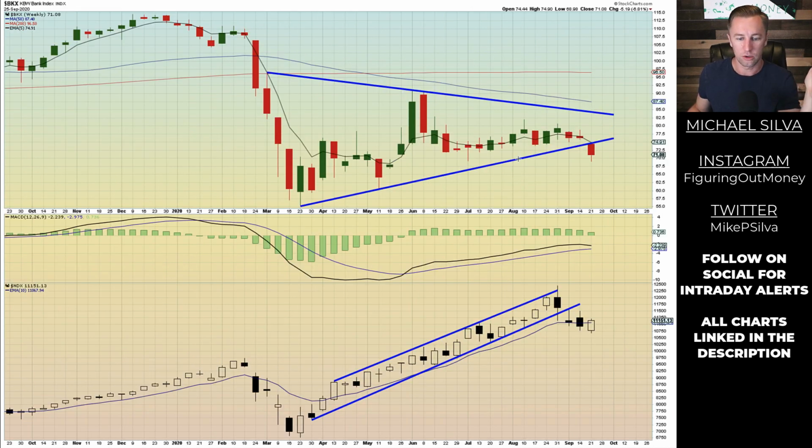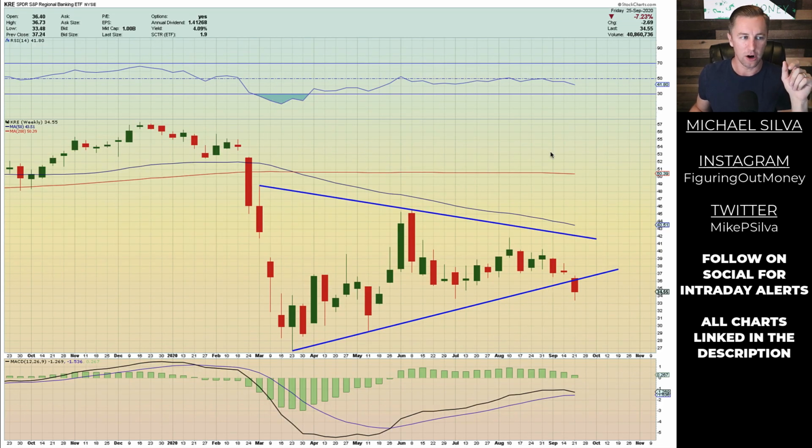Last, I just want to close on the banking index. This is, once again, the BKX, the KBW Bank Index, largest U.S. institutions, 25 of them, down 6.81% on the week, broke down through the symmetrical triangle. This is pretty bearish. Now, there's more banks that you can look at. These are like the large institutions, but you can also look at the regional banks. And the regional banks have been getting hit hard as well.